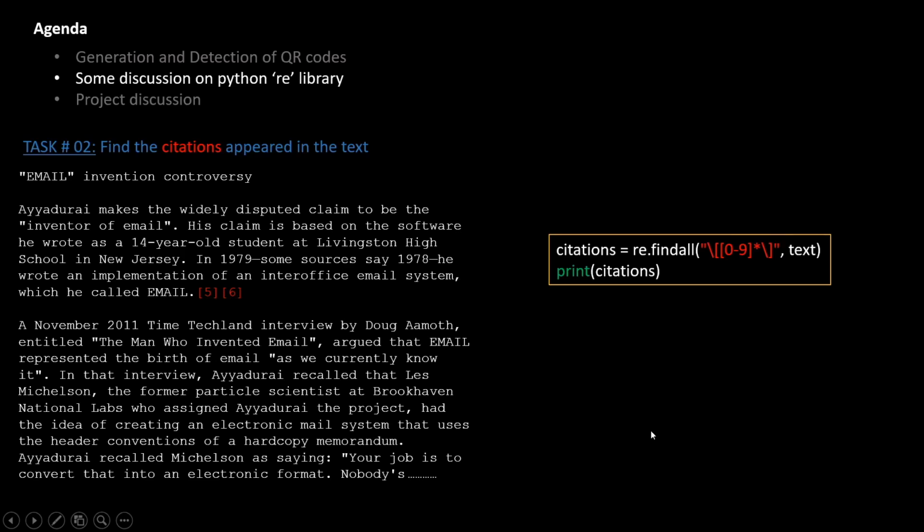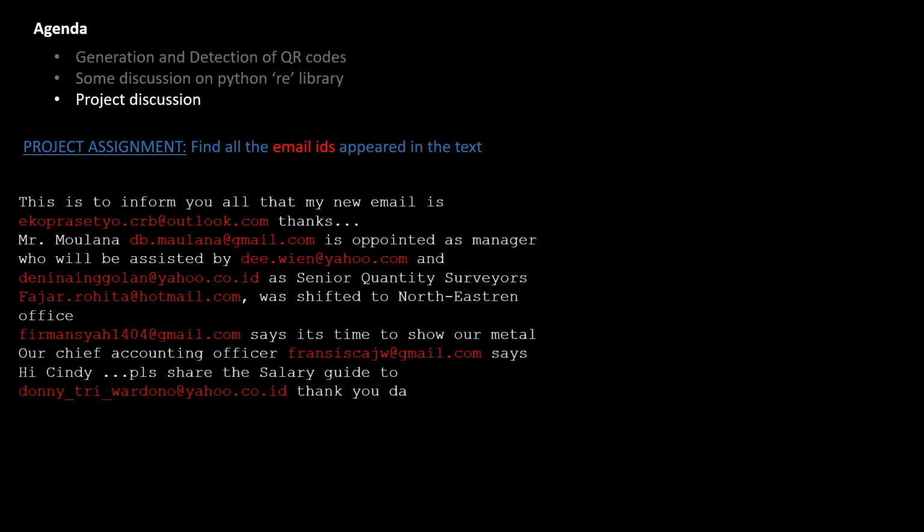So based on understanding of these 2 tasks, which I will explain through coding also, you can do this project. The project assignment is, suppose we have text data like this. This is to inform you all that some text is there having a number of email IDs. What you are supposed to understand is that email IDs are unique.